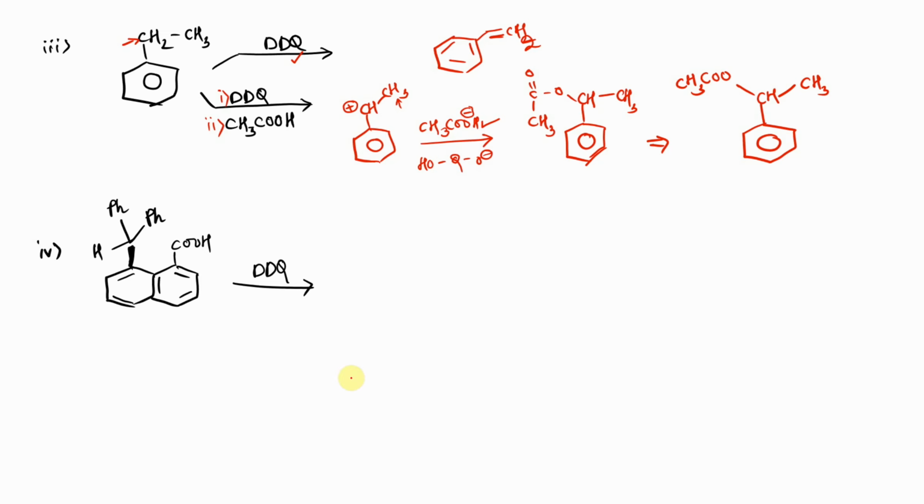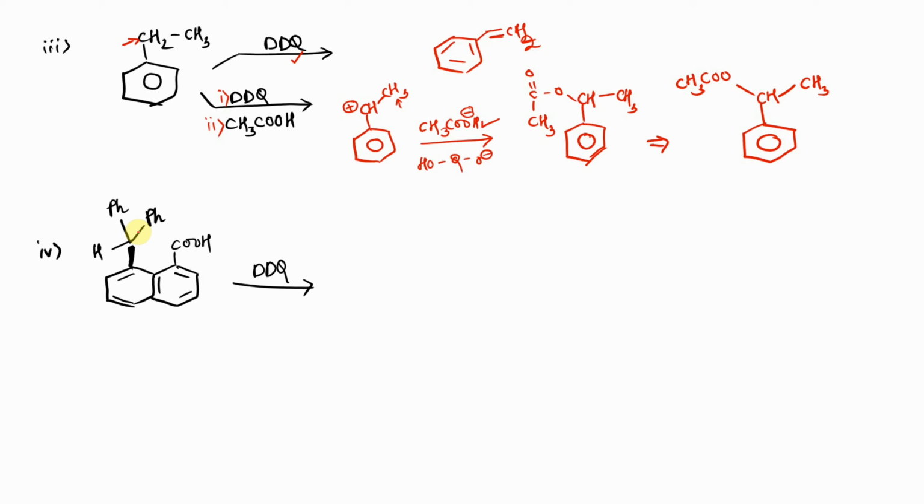Now the next example. If you observe carefully, there is one benzylic hydrogen present over here. If you remove this one benzylic hydrogen because of the reaction of DDQ, there is an absence of a hydrogen on the next carbon, because since it is a Ph group, that is nothing but a benzene ring, that carbon attached to this particular carbon will not have any hydrogen. Now what happens is, the process leads to the formation of a 6-membered ring involving a lactone kind of structure. So how does this structure form? We'll see the mechanism of the reaction taking place.